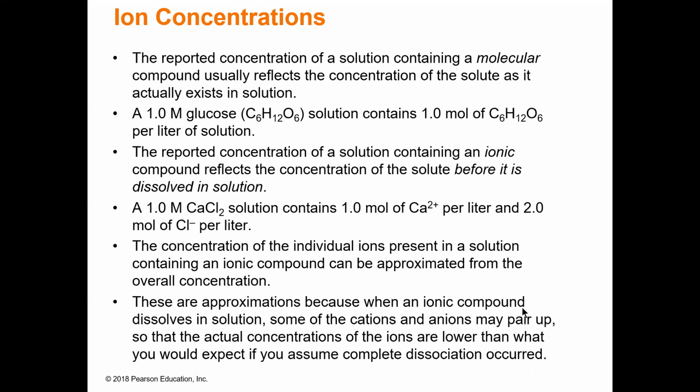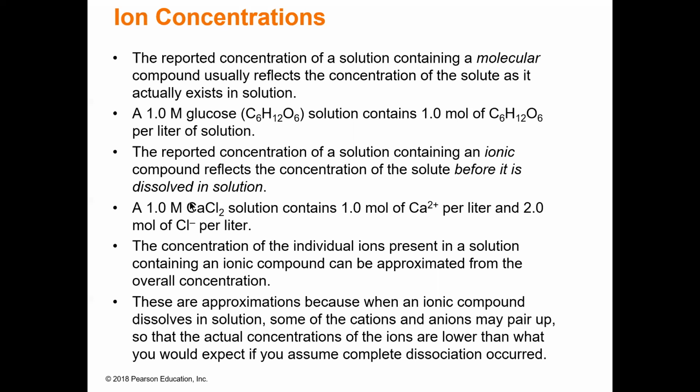So a 1 molar CaCl2 solution would contain 1 mole of calcium, because I'm getting 1 calcium in every 1 of these formula units. But I would actually be getting 2 moles of chlorine, because I get 2 chlorines for every 1 of these